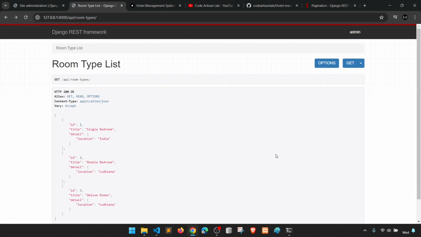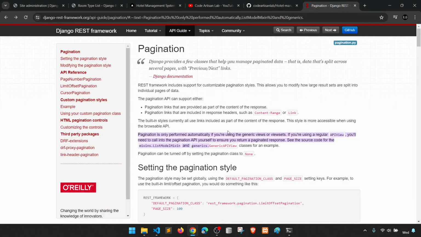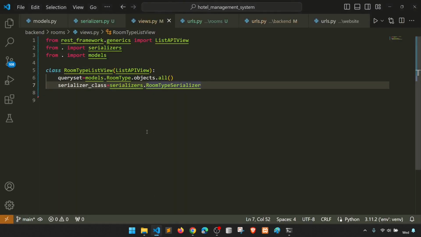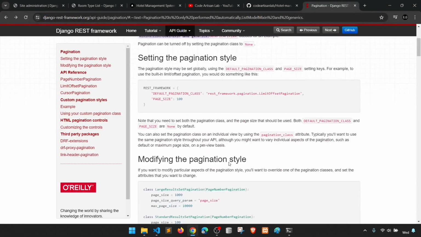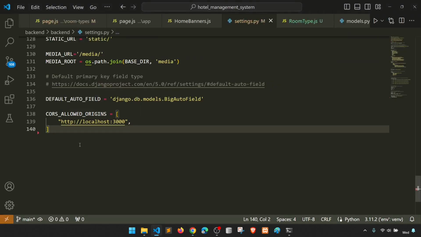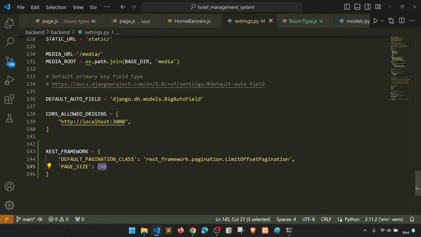So let's start to work on this. Okay, so let's start to apply the page number pagination. We can apply the pagination in 2 ways: globally and according to the view, right? Currently we are going to apply pagination globally. Globally means whenever we run the list API view, whenever we fetch the list data, it will apply the pagination, right? I will show you how we do it. Okay, so in the settings we will apply here REST framework, and then here the page size, which is how many results it will show. So currently I'm showing 2, and here the page number